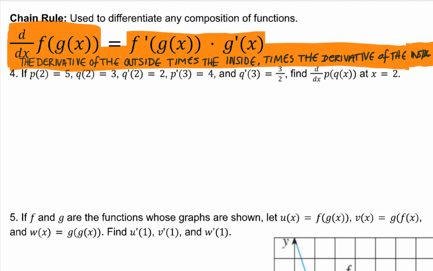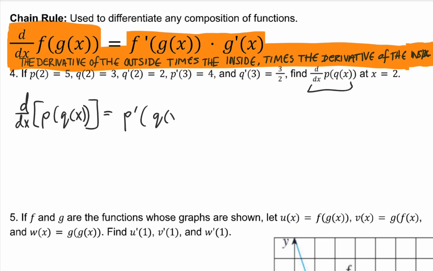Sometimes they're not even going to give us functions, and we'll need to determine based on the rules that we know. So what they're asking here is the derivative of p of q of x at a value 2, and they've given us select values of p and q and p prime and q prime. The derivative of p of q of x is p prime of q of x times q prime of x. If we're evaluating this at 2,